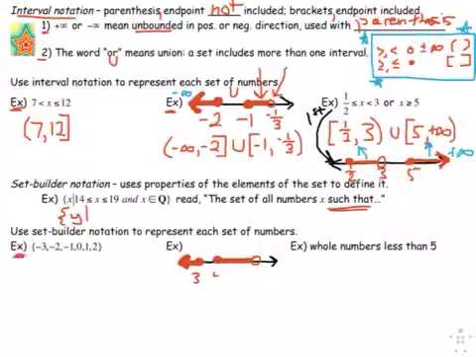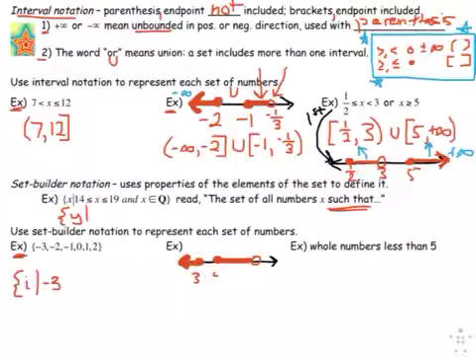Looking at the first example, think about what subset of numbers this is. The integers. So I'm going to set up a curly brace. I'm going to choose lowercase i for my variable. Your choice could be n, could be x. Such that, you've got to follow the notation, such that. So i is defined such that